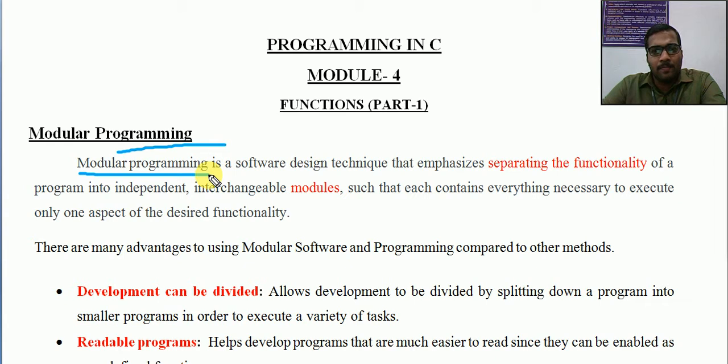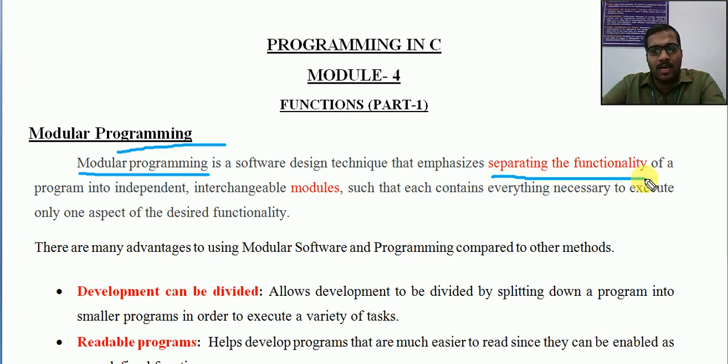Similarly, if a larger program is divided into a number of sub modules, it will be easier to understand, easier to write, and also easier to access that particular program. This concept was called modular programming. It separates the functionality.